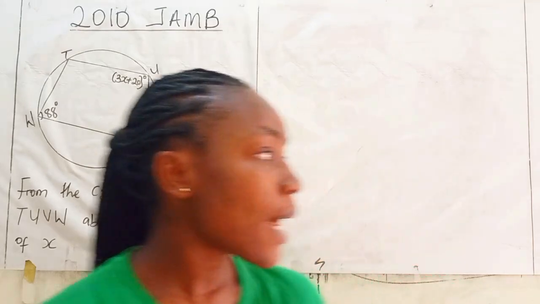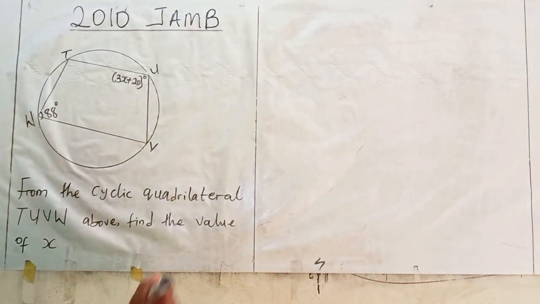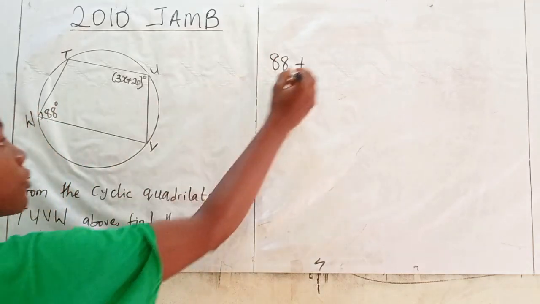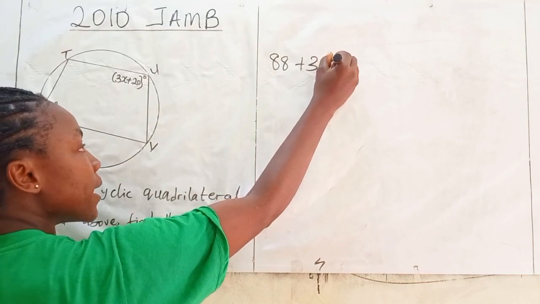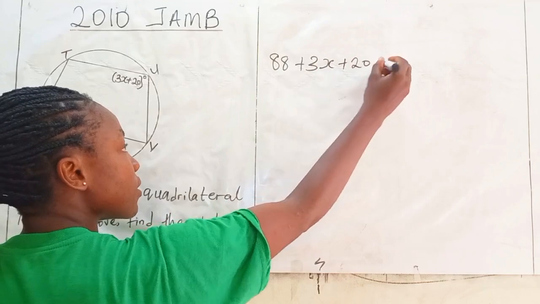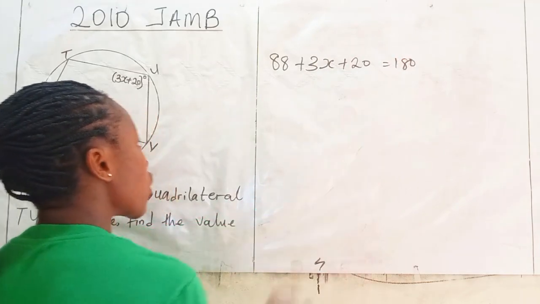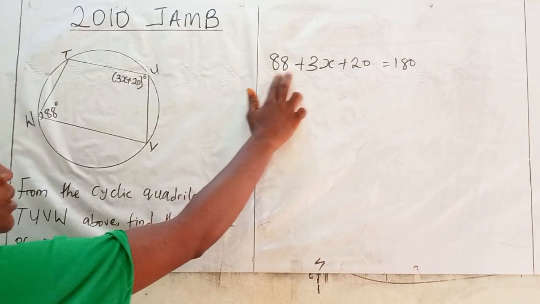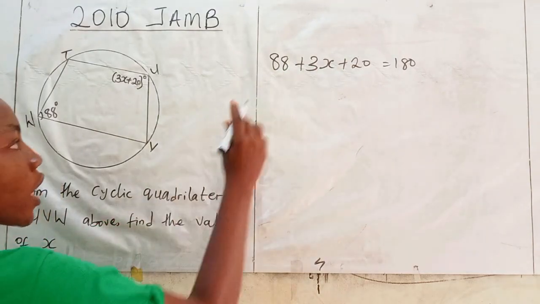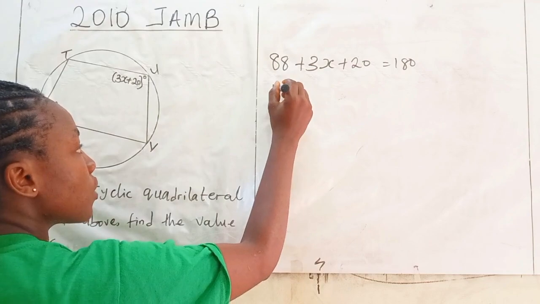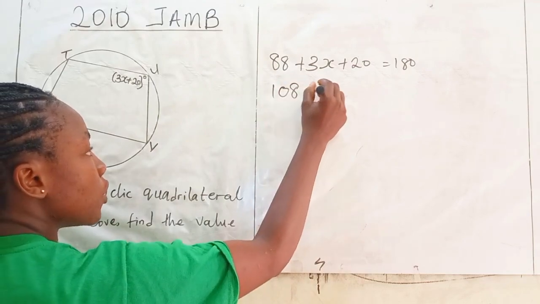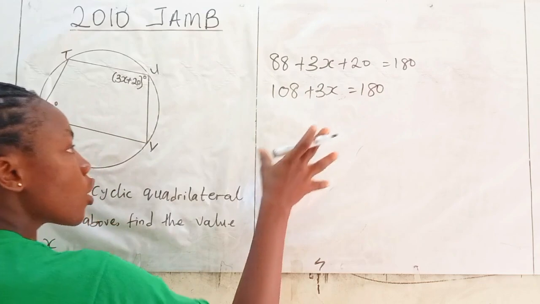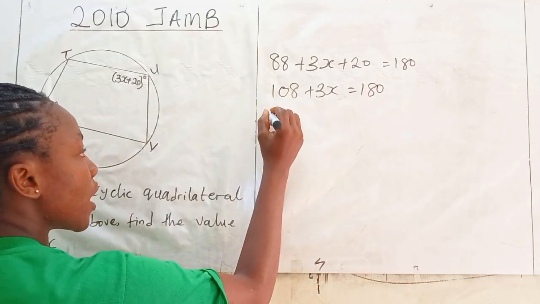All right, so let's add them. Here we have 88 plus 3x plus 20 equals 180 because they are supplementary. All right, so adding 88 to 20, we are going to have 108 plus 3x equals 180. Collecting like terms, we have